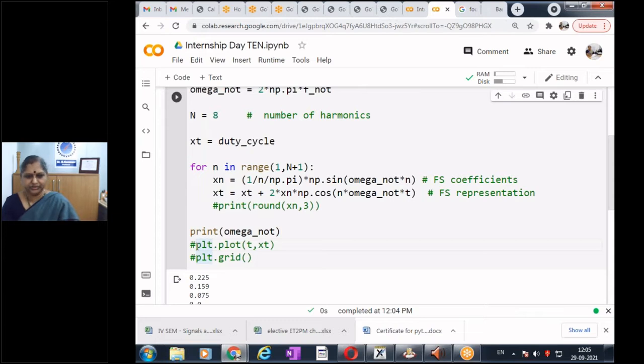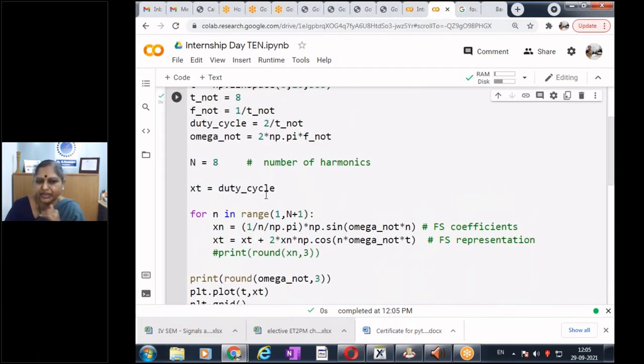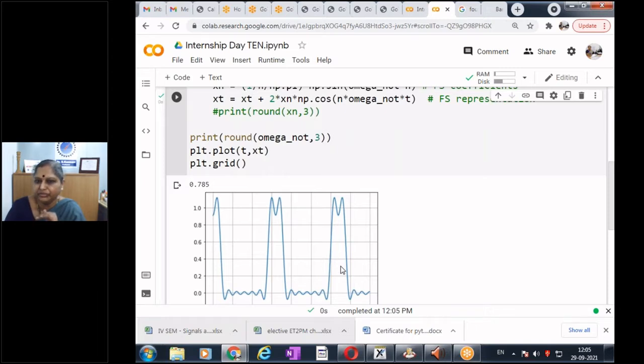So now suppose let me not print it because I don't want to see it. It's simply when I increase n, it's going to create problems. So I'll simply print omega naught. I'll round it to 3 places after the decimal. And let me run the code. So now I'm going to plot the result with n equal to, so I'm taking up to 8 terms. See, this is my rectangular waveform for the first case, and then we had the time period as 8. Are you following? Are you able to see the screen? Is the screen visible? Yes.